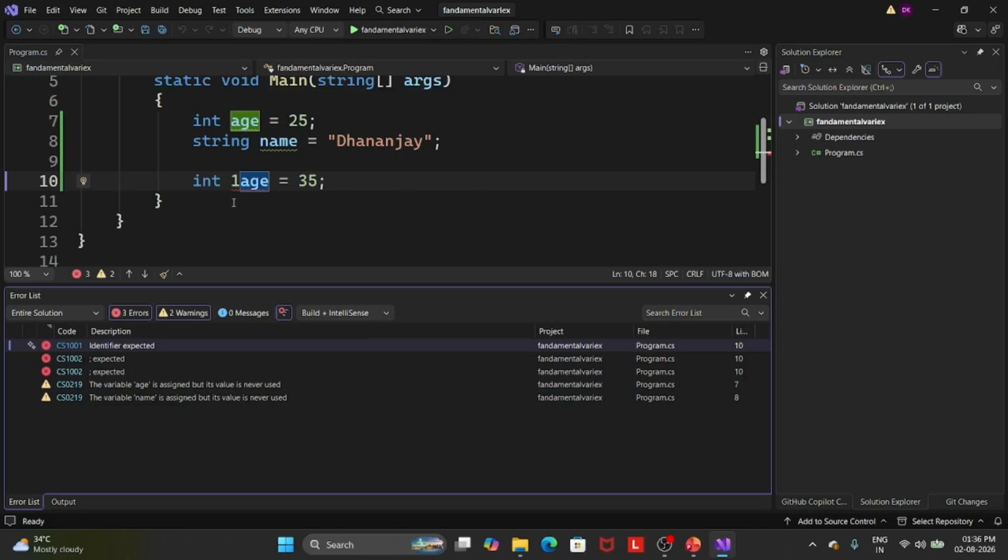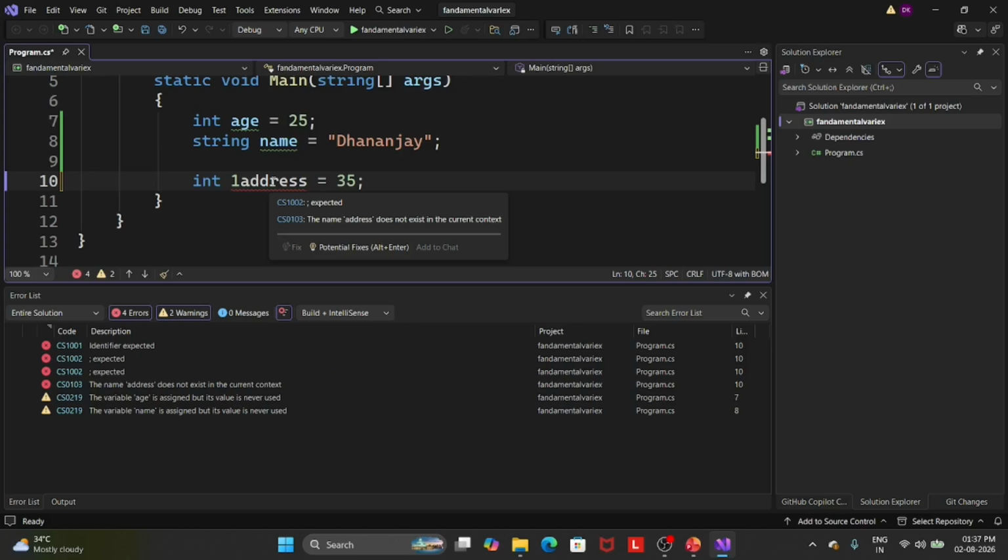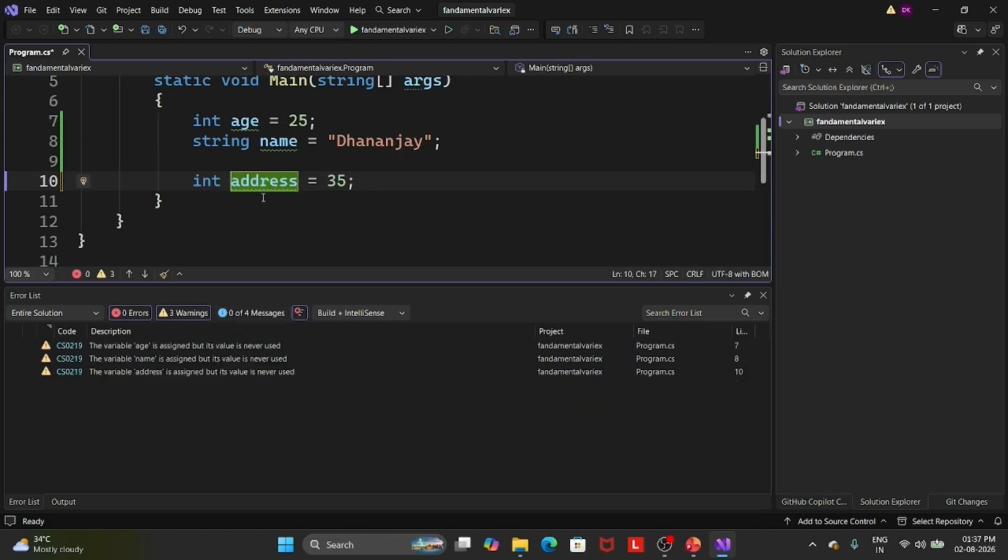Even if we remove the one, that is good, not any error.